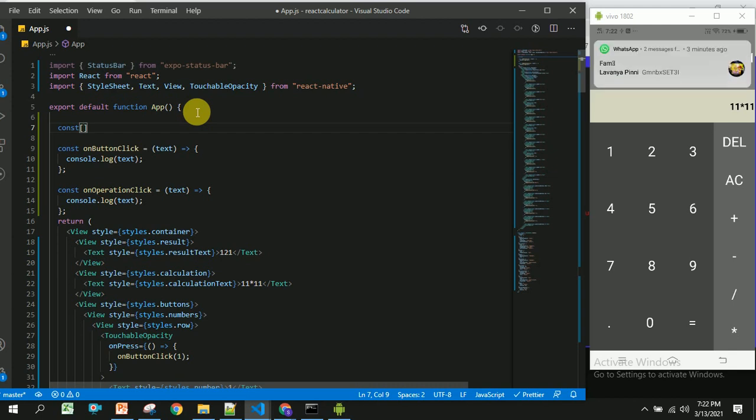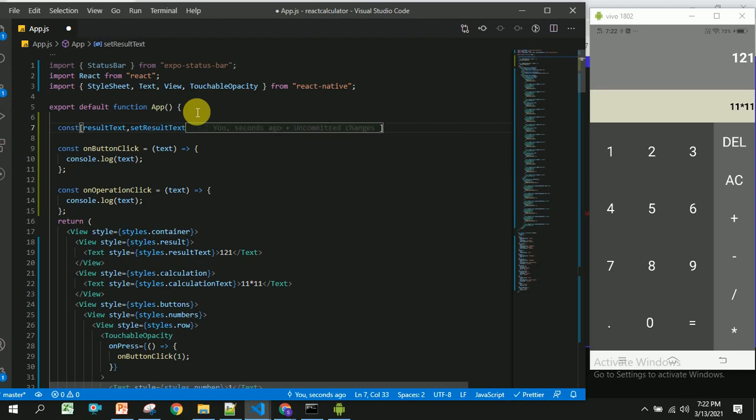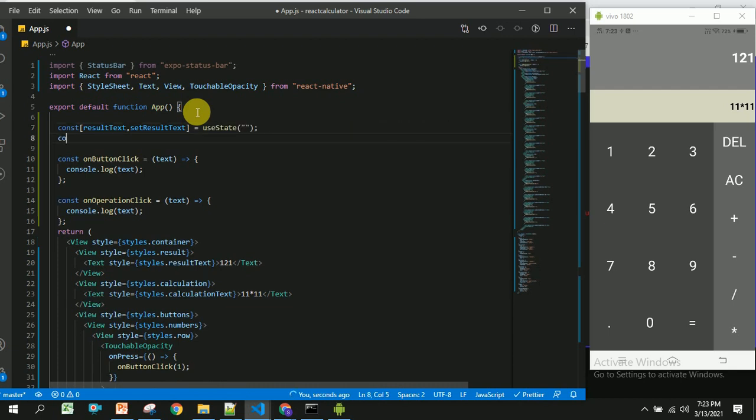Result text and the set result text is equal to useState of some empty string, and another one is for calculation, and set calculation text is equal to useState of empty string. So let us save this,